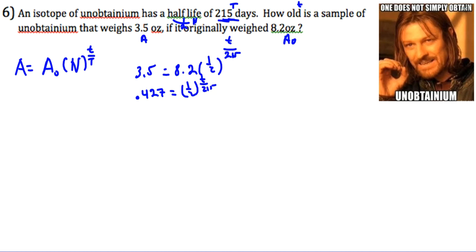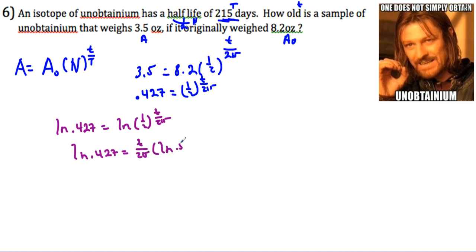I have a habit of using ln when I'm doing science problems. You don't have to. You can use the common log if you so desire. But I have ln, and I'm going to go ahead and take the log on both sides: ln of 0.427 is equal to ln of 1/2 all raised to the t over 215. This enables me to get that exponent to the front using the power rule. So I have ln of 0.427 is equal to t over 215 times ln